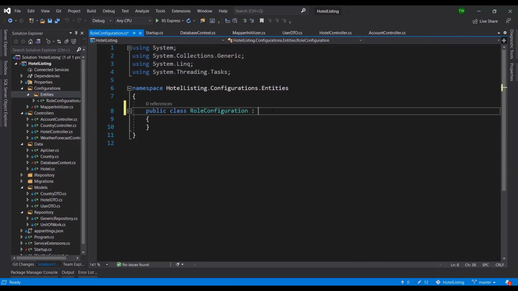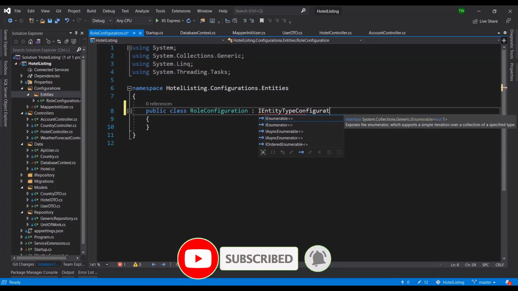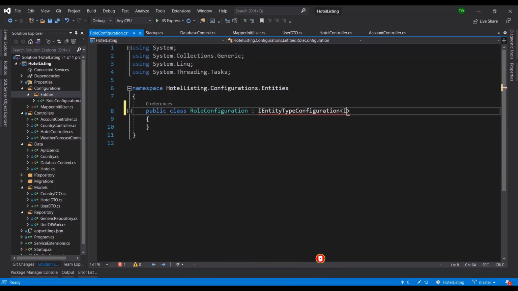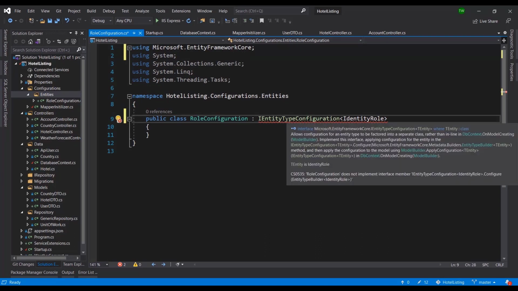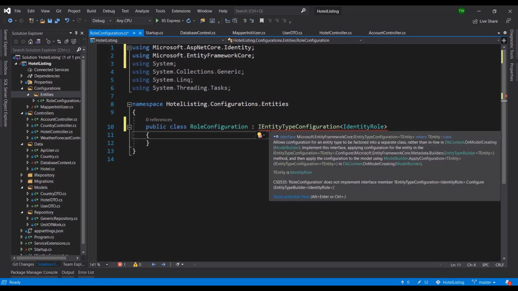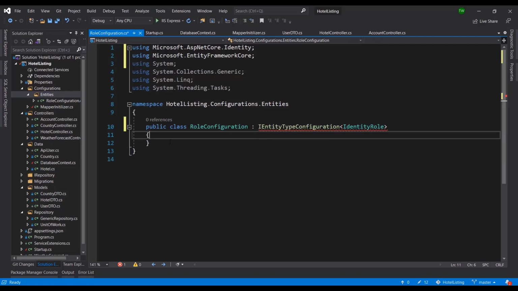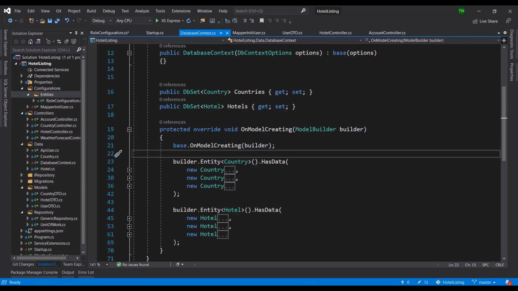And then this role configuration class is inheriting from IEntityTypeConfiguration, and it will be of the type identity role. All right, go ahead and include any missing references. So we're just letting role configuration know that it's going to be associated with that configuration type. And of course, we have to go ahead and implement whatever this is saying needs to be implemented, which is our configure function. All right, so it's automatically going to pass over the same builder that is in use on